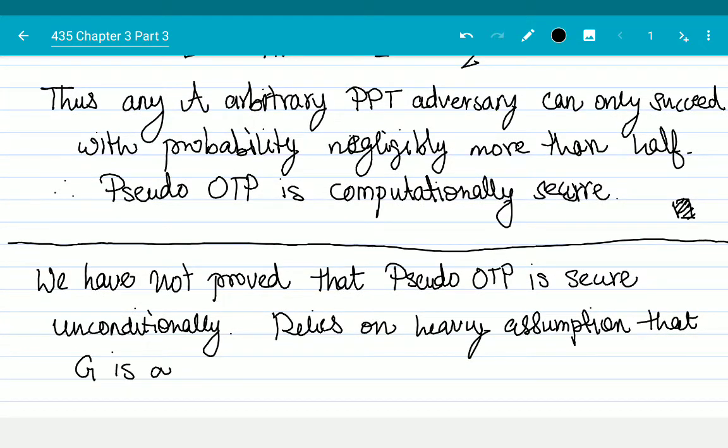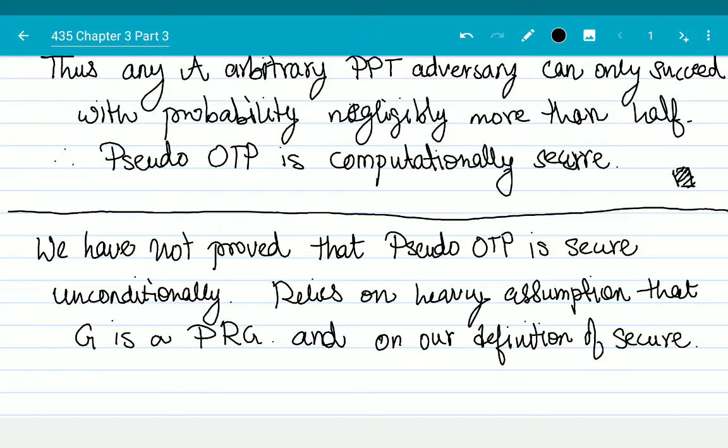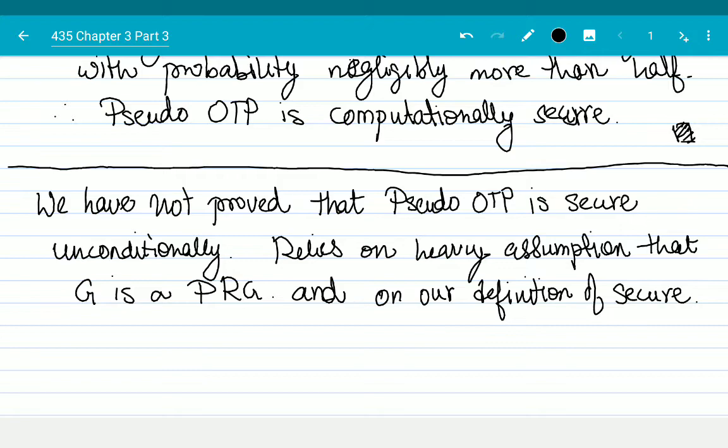G is a pseudo-random generator. And it also relies on our definition of secure being strong. So the scheme relies on a heavy assumption that G is a pseudo-random generator, and on our definition of secure. That means the only way, therefore,